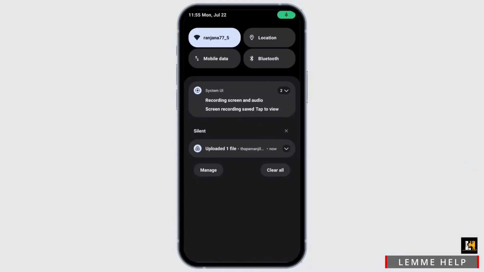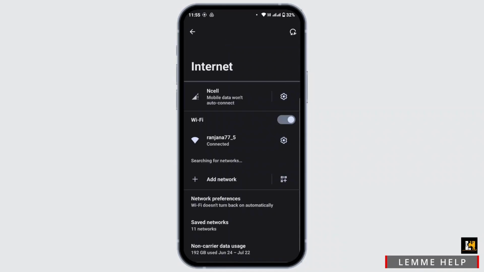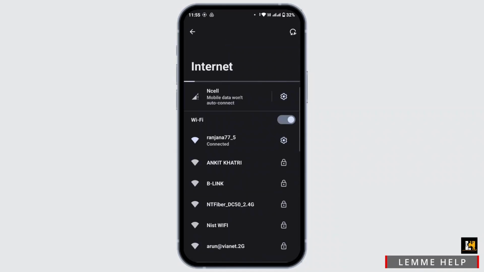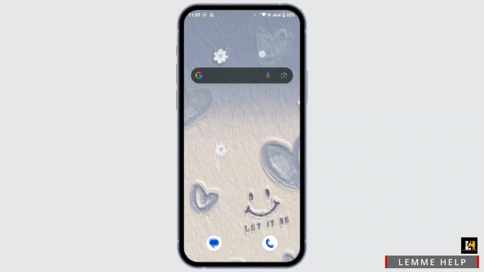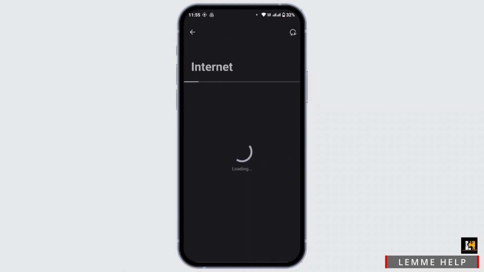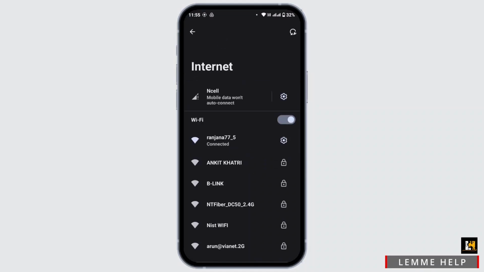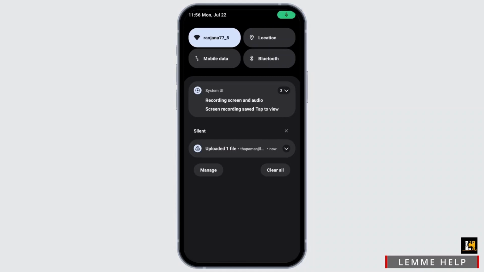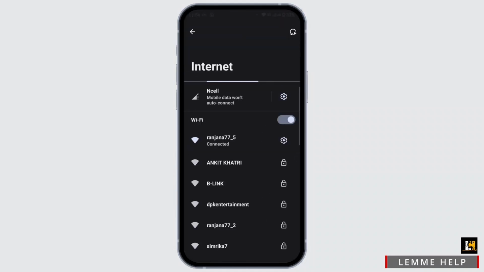Swipe down your notification panel and then head over to your Wi-Fi settings, and here make sure that you are connected to a proper Wi-Fi connection. And if that still doesn't help you, then you can switch your Wi-Fi connection with your data network or mobile network in your device as well. You can simply turn off the Wi-Fi and turn on the mobile data and check whether the problem can be